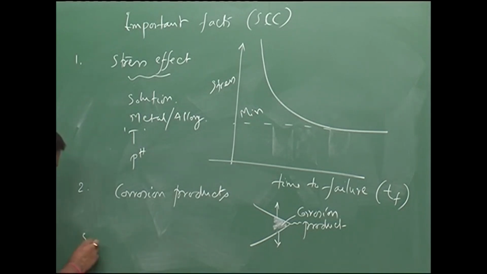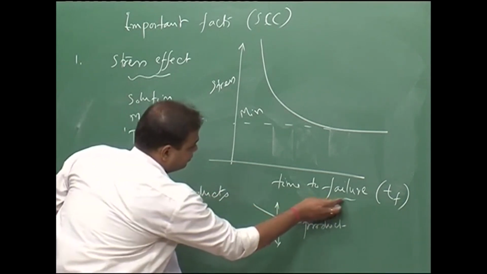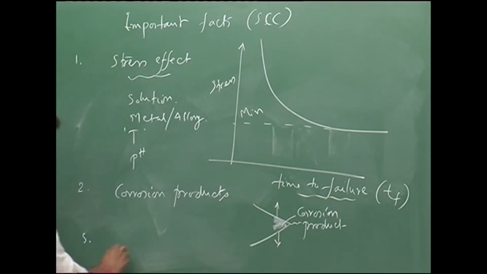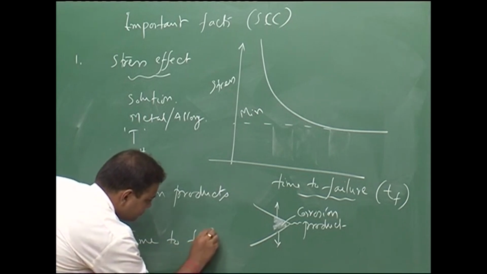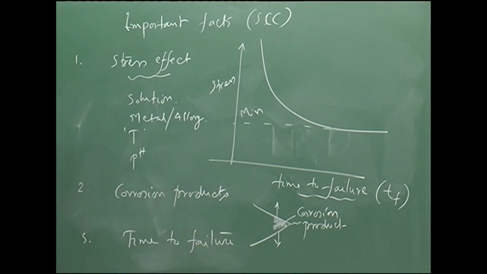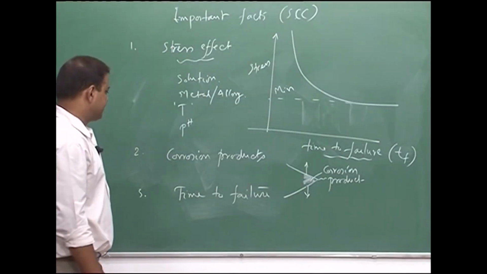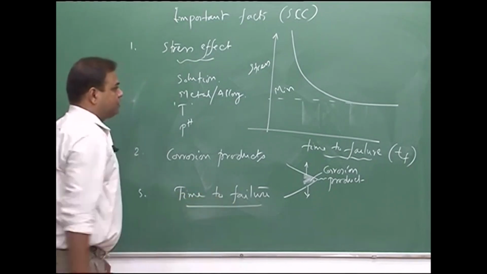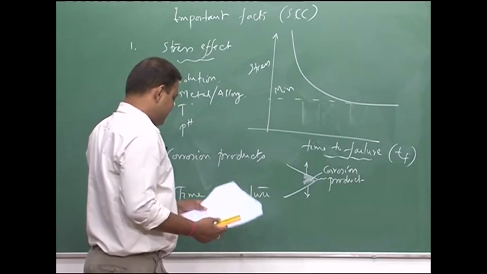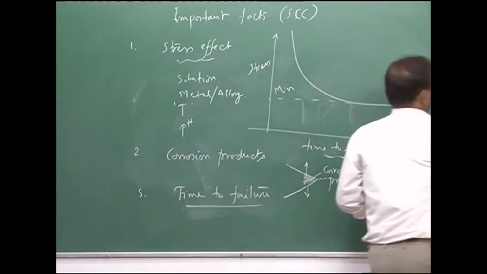Then you have, now you see that the time to failure, this time to failure is a very important parameter to judge the SCC ability or SCC tendency of that particular metal or alloy. Now, this time to failure, if you would like to see the importance of that time to failure,